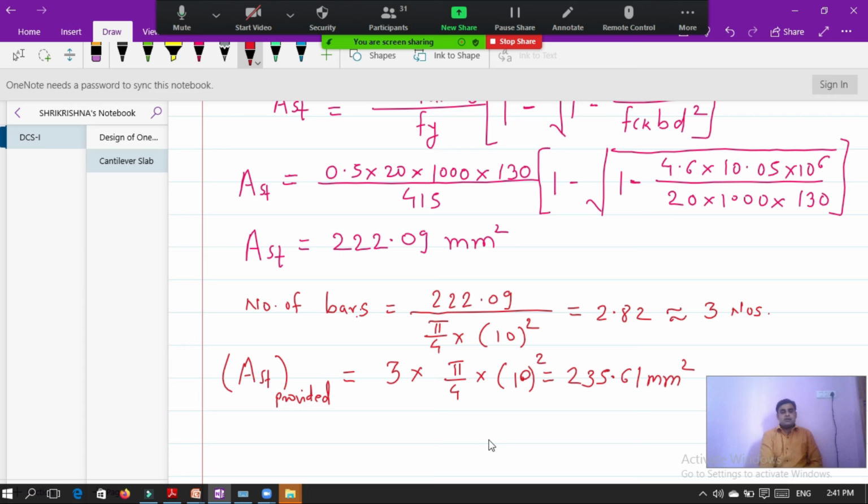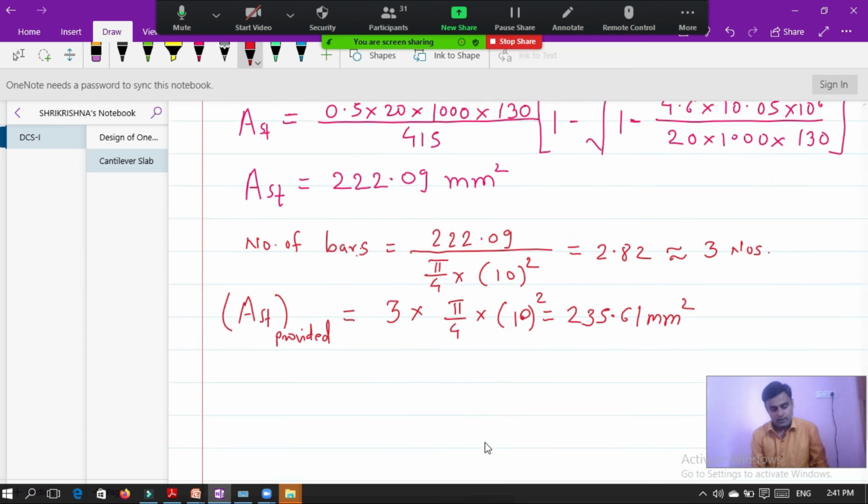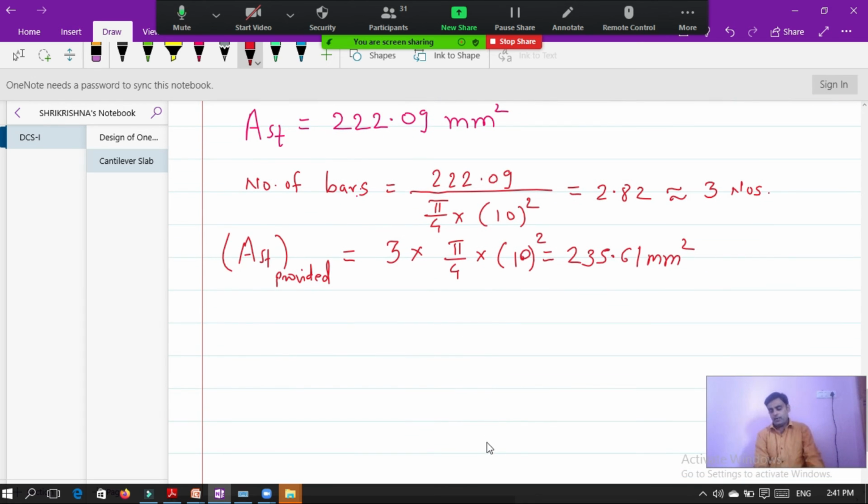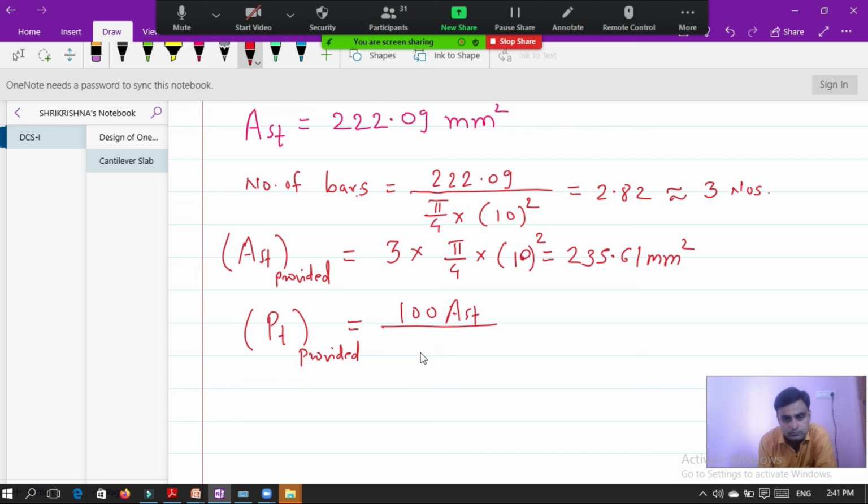So this is the value of Ast provided. Now after Ast provided, calculate percentage of steel provided. Initially we have assumed this percentage of steel. Now we will calculate the provided value. Percentage of steel provided is nothing but 100 Ast divided by bd.